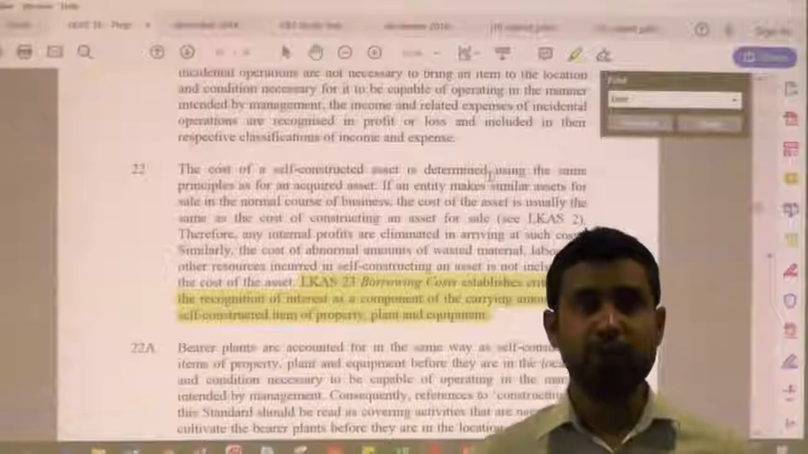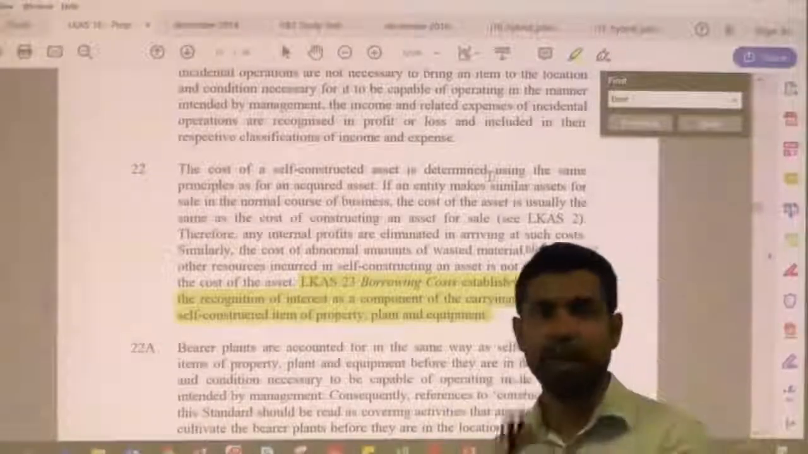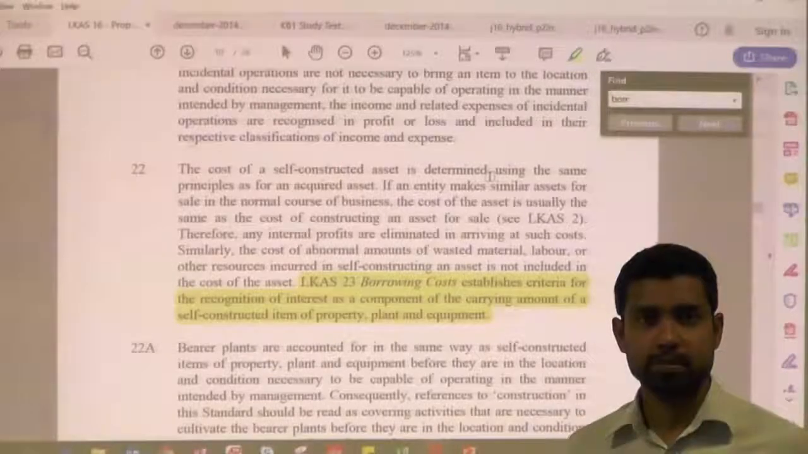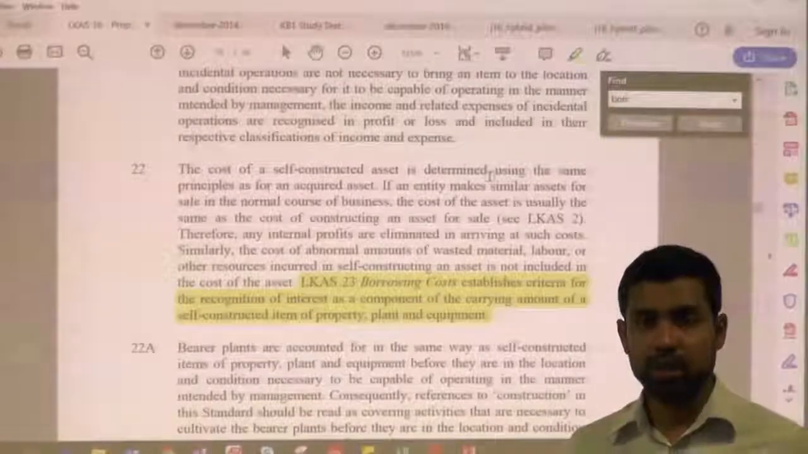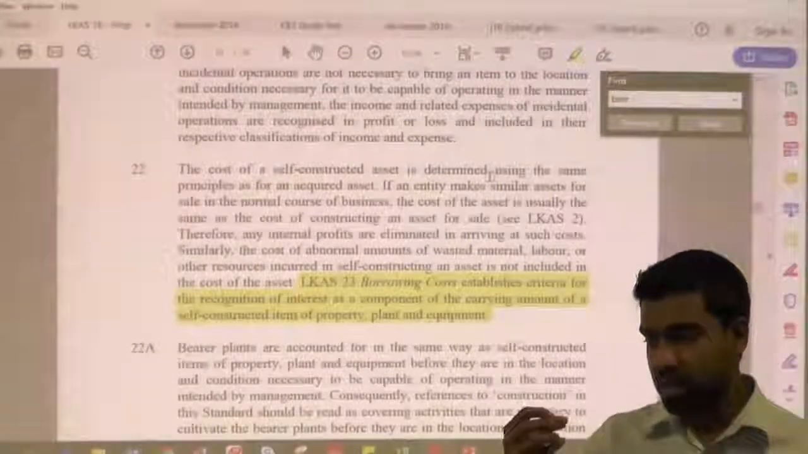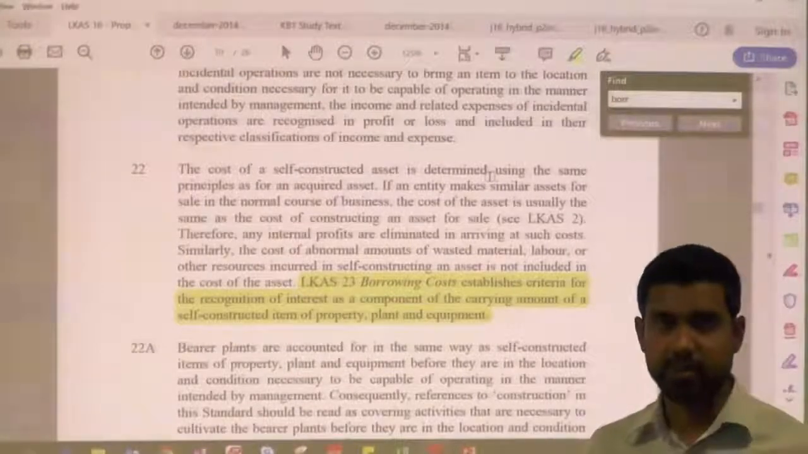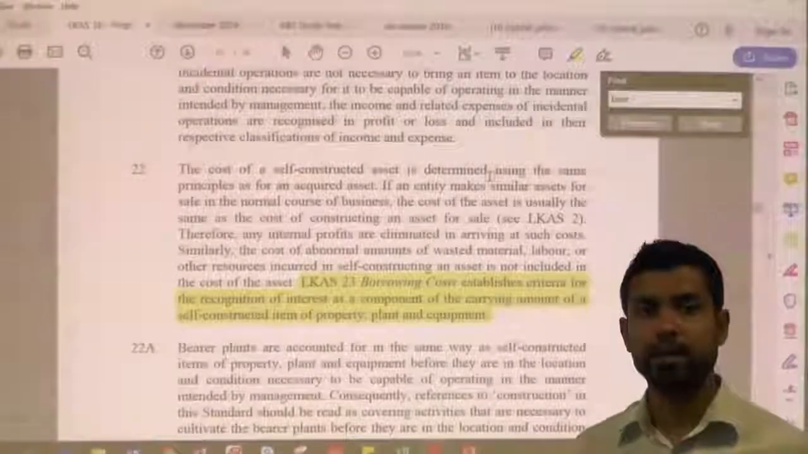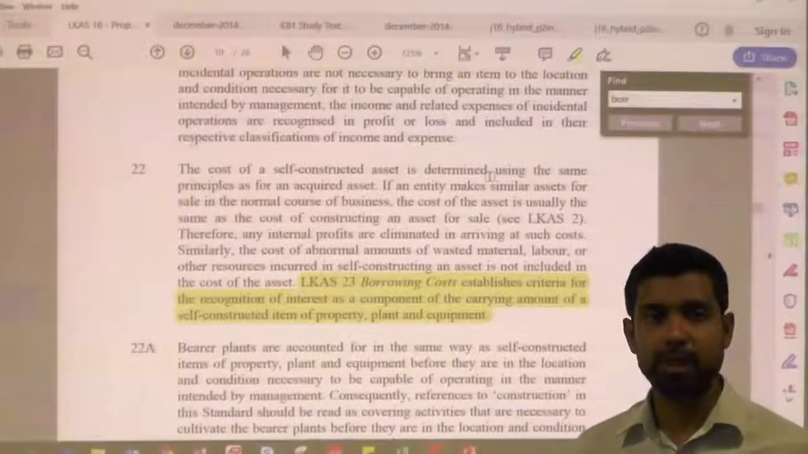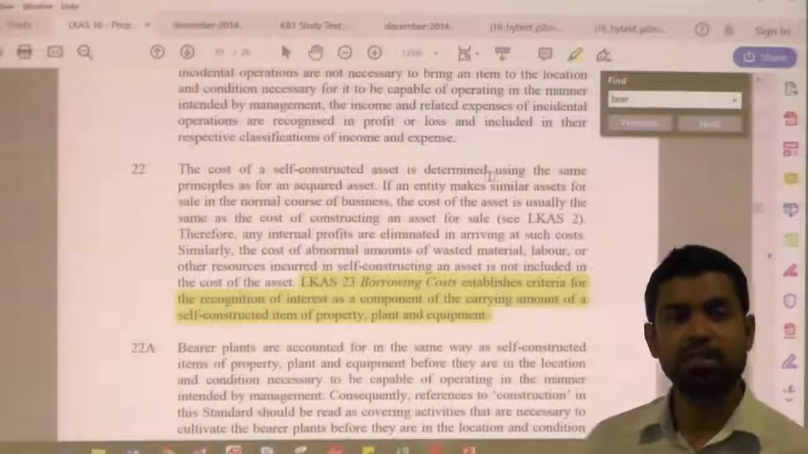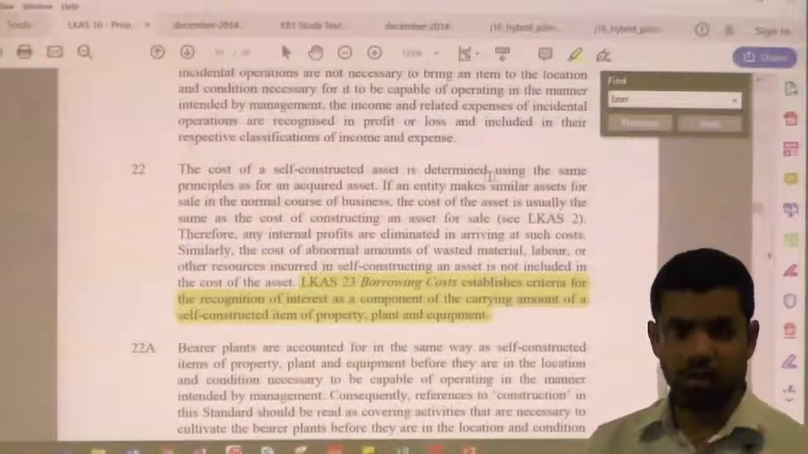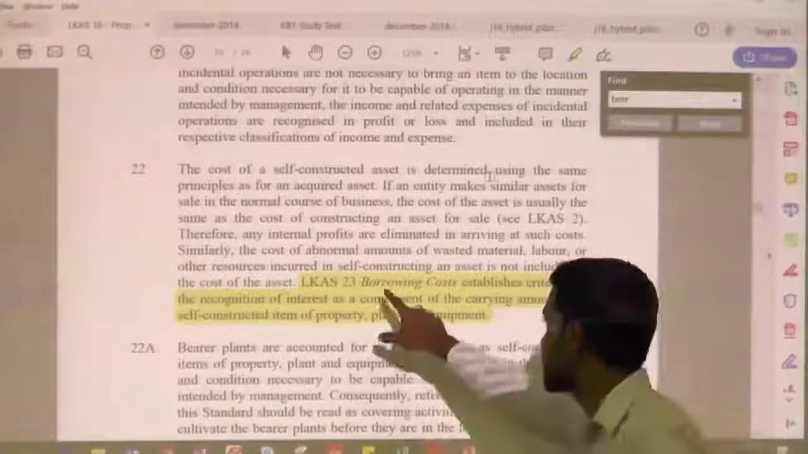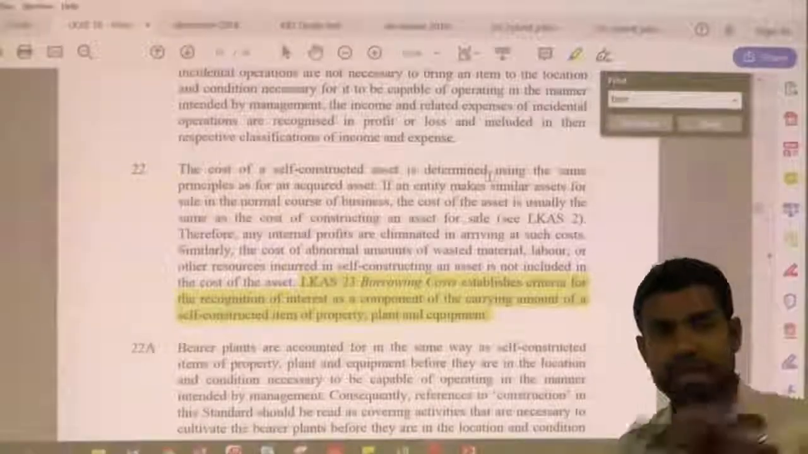sometimes, let's say, to build this building it may require taking a bank loan, right? Borrowings. So then the cost of that borrowing is what? Interest. So can we capitalize that interest on this asset, the building? Yes, you can capitalize, but it should be what? A qualifying asset. So all these qualifying asset criteria, borrowing cost criteria, are explained in LKAS 23, which has a direct link